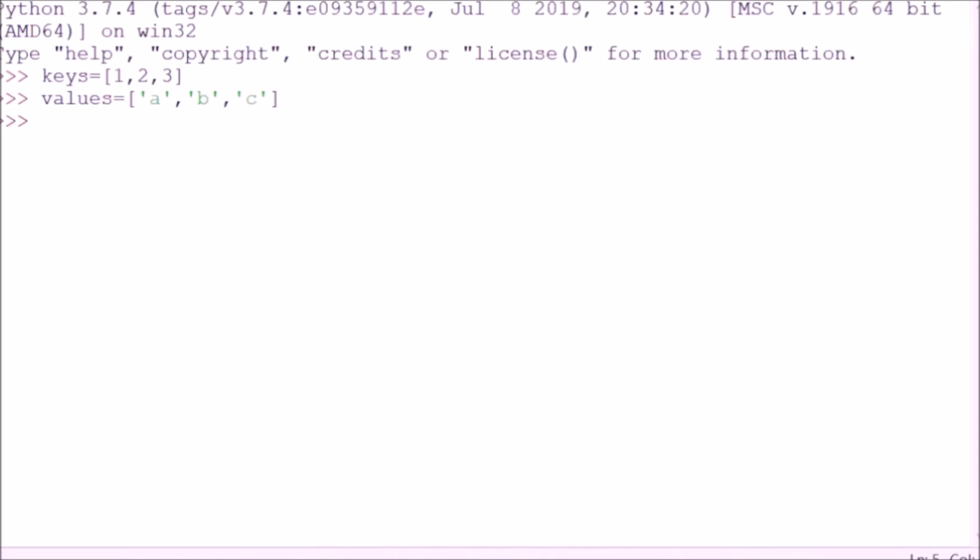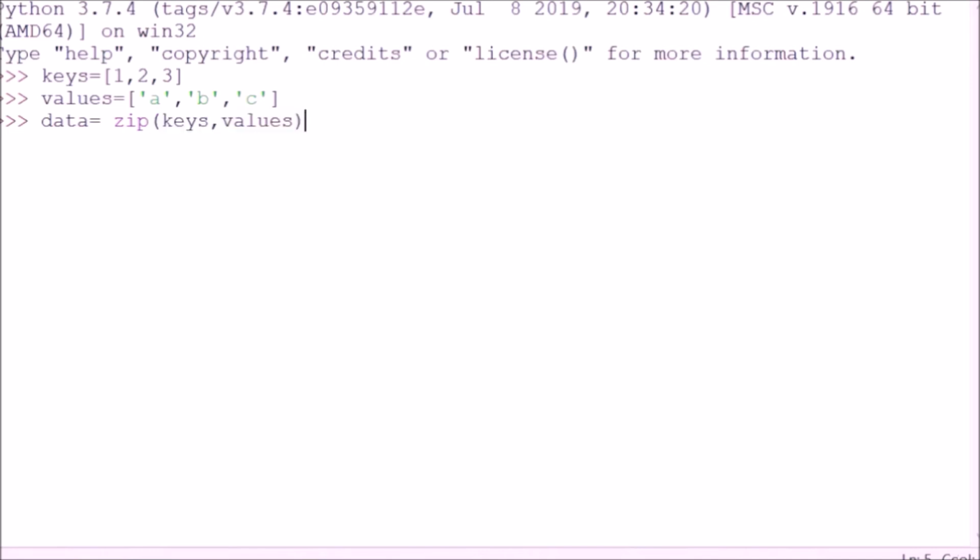Now I don't need to print them as we know what the result is going to be. Now let's try to combine these two lists to make a dictionary. How do we do that? We can use the zip function to combine both of them, but we will have to put it in a variable. So let's take a variable called data. In that I will use a zip function to write keys, values.